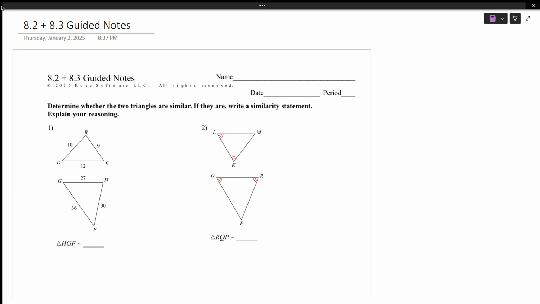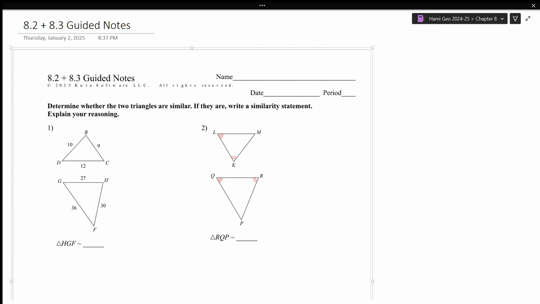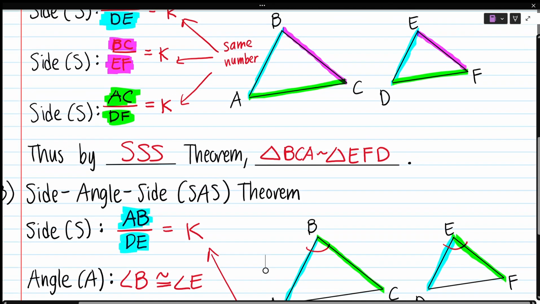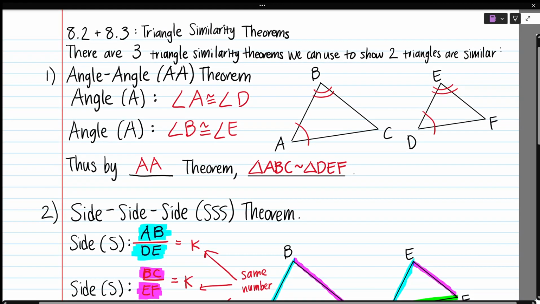Okay, hi guys. Here's just a quick little review video on the guided notes, right? For 8.2 and 8.3. So let me really quickly go over the new vocab words in 8.2 and 8.3 for